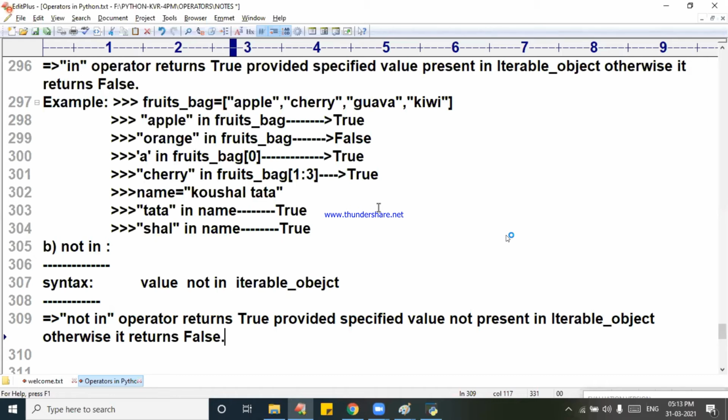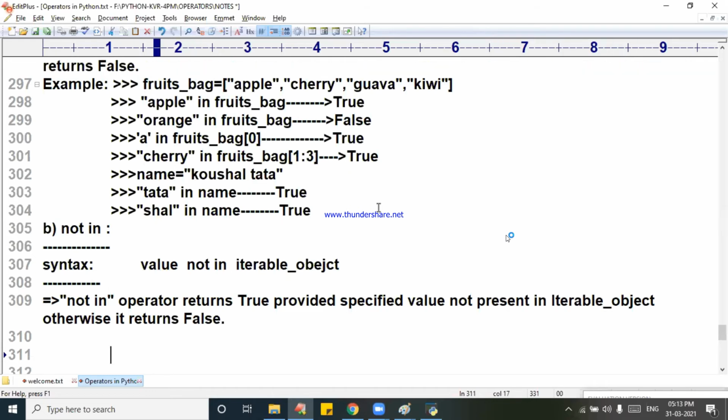Not in operator returns true provided the specified value is not present in the iterable object. Otherwise, it returns false. The syntax concept is over. I will take an example. Take one set object.